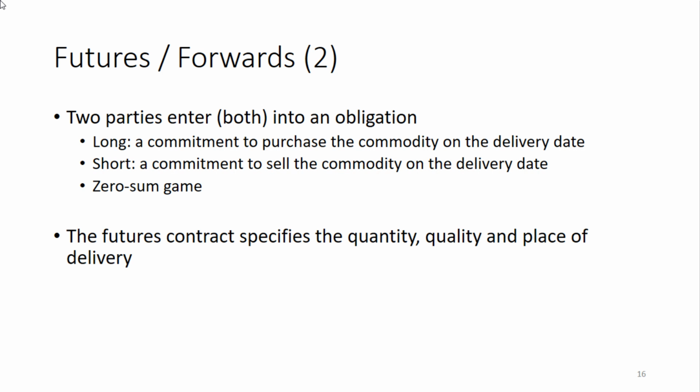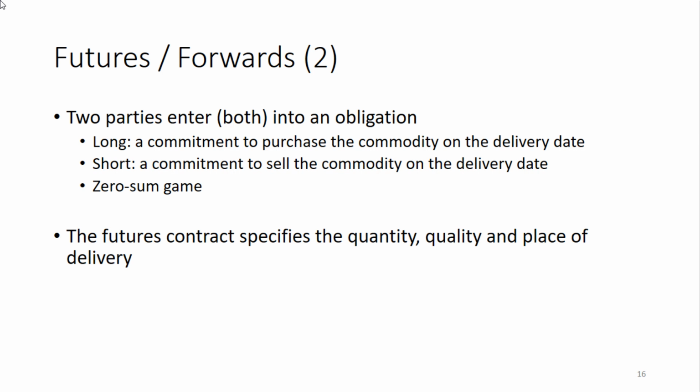There is an important difference between the price that you agree upon today and the value that the contract has. Later on I will give an extensive example to make that difference clear. The price is the price that applies at a later moment in time, and the value is how much such a contract is worth. Is it an attractive contract or not? The value initially is zero, which means that the contract is fair. So the futures price is a fair price.